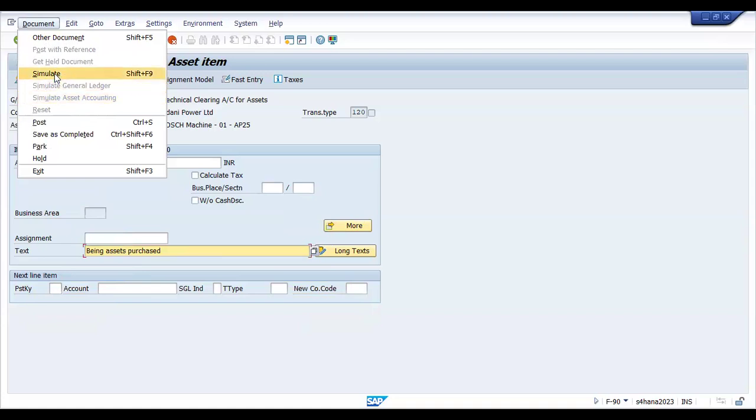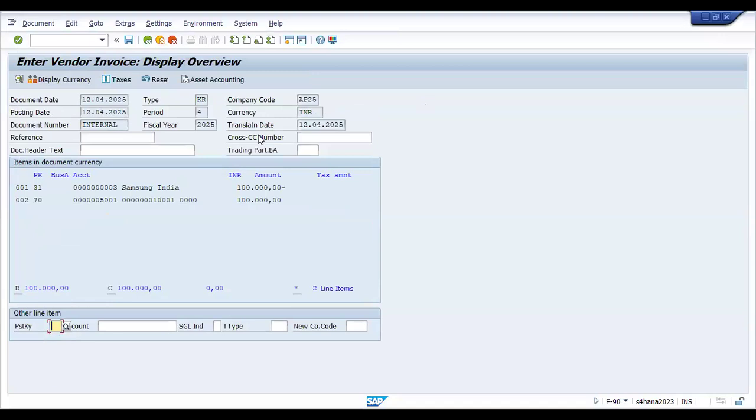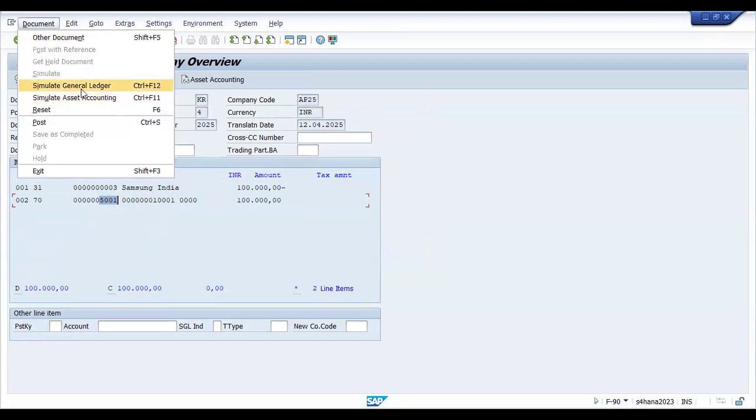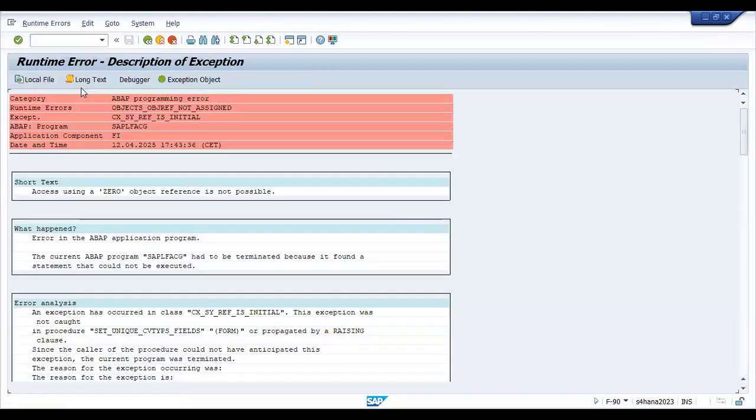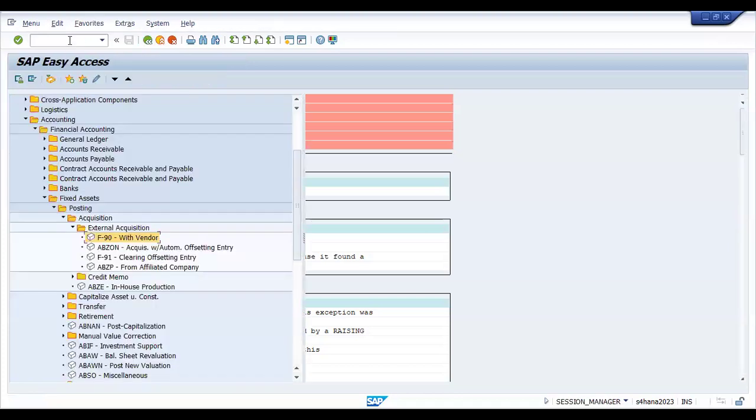Just remember this. First, I'll go and simulate. Later on, these 2 things will be activated. Let me click on simulate here. Here you can see your vendor account to your asset number 10,001 and the GL account number is 5,001. 5,001 is your technical clearing account. If I click on document and simulate GL, okay, simulate GL is not working, not a problem. We will directly go with the